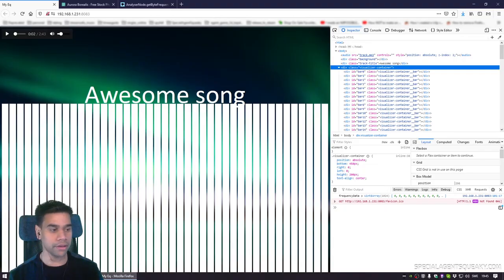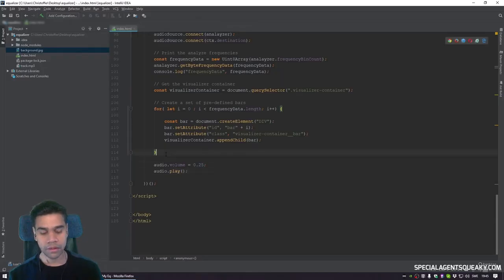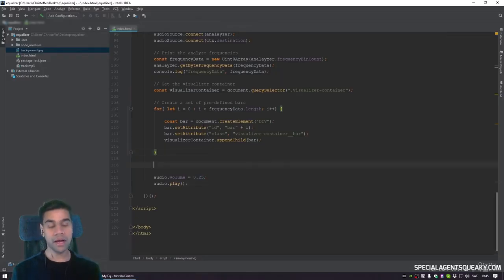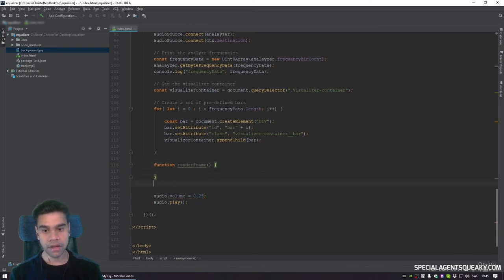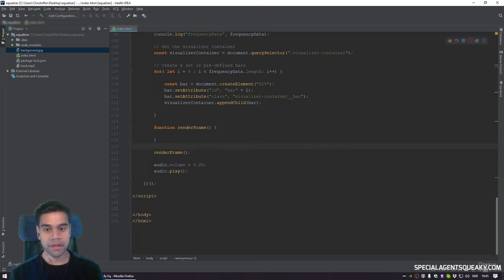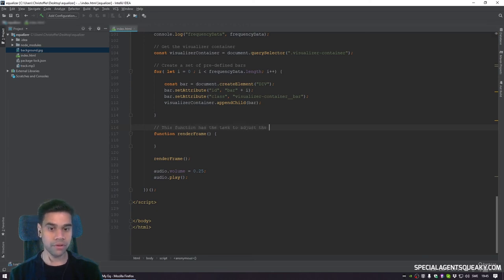So the next step we need to do is to start to make this moving. And we need to have an update function to do that, so we actually adjust all the heights and everything. So let's create a renderFrame function here, and we're going to call this immediately as well. And let's add a comment here: this function has the task to adjust the bar heights according to the frequency